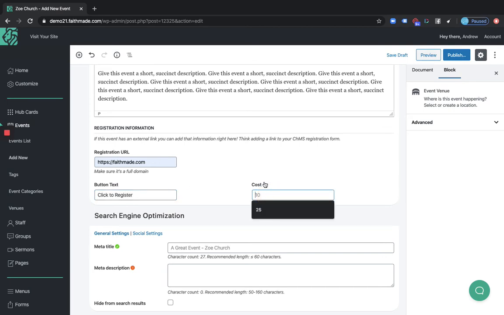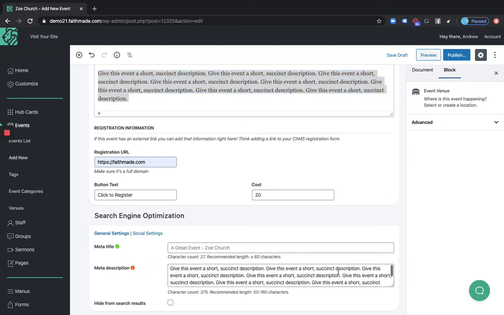If it's a free event, there's no cost that will show. If there is a cost, we just put it here. Cost is $20. And then below this, you can add your own title and description. Usually, I just recommend copying this into the meta description, and that way, this is showing Google exactly what your